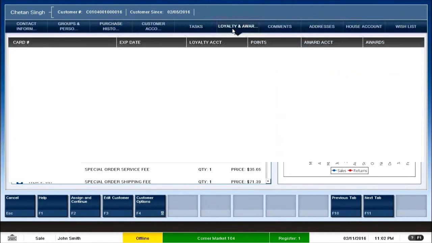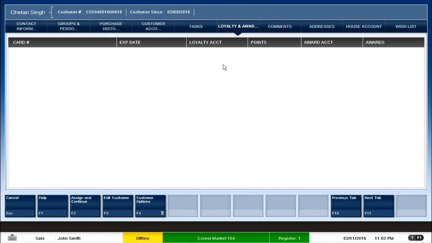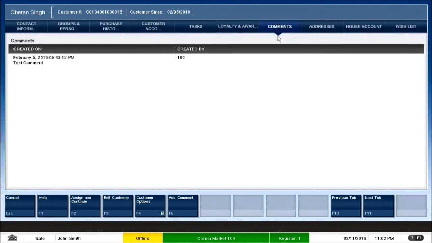Now let us look at the loyalty and awards. You can integrate the Xstore point of sale system with a third party or a homegrown loyalty system. But we also have an out-of-the-box integration with Oracle Customer Engagement. So the Xstore point of sale system already has an integration. However, it is also flexible to get integrated with a third-party loyalty system. Then we have comments about the customer, where you can add comments. Maybe the customer required something the previous time he had visited the store, and on the next visit he would want something from the store. Those kinds of comments are also something that we can store in Xstore point of sale.